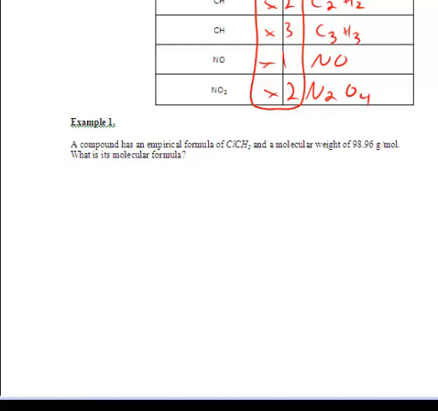Here's an example. A compound has an empirical formula of this, and a molecular weight of this, which means the molar mass. And you can tell it's molar mass because it's grams per mole. It wants to know the molecular formula. So we just said the molecular formula,